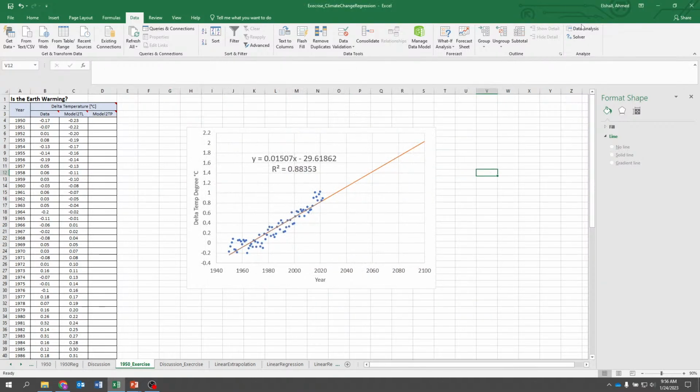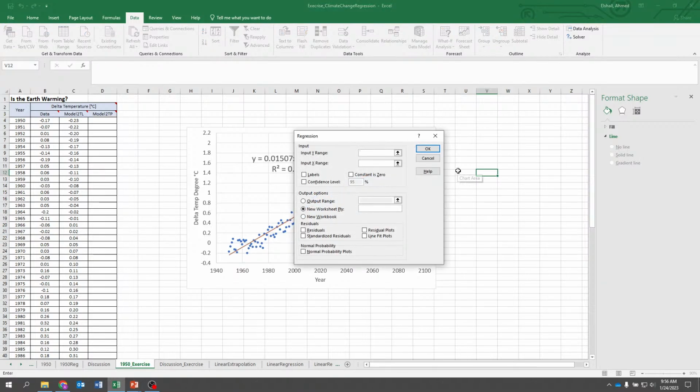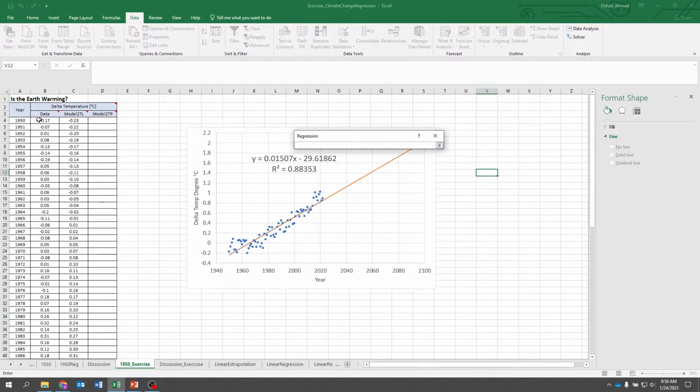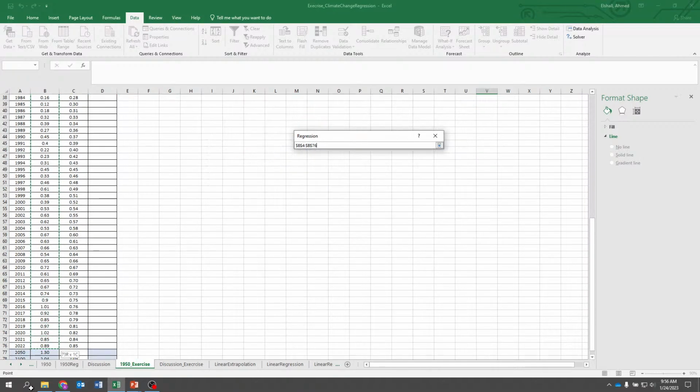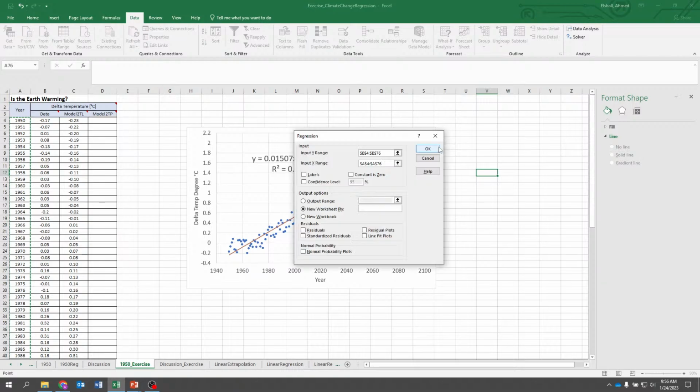Then you will find this here. You select it, and then this is the analysis that you want to do. You select regression. It asks what your Y range is, so it's my data points here, up to here. What's your X range? That's my X axis, my time value here. And then you choose where you want to put the regression analysis. Let's call it